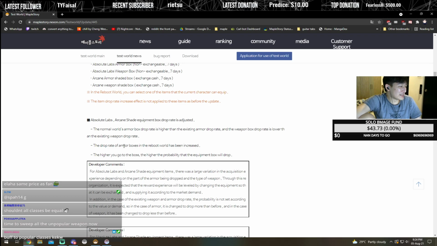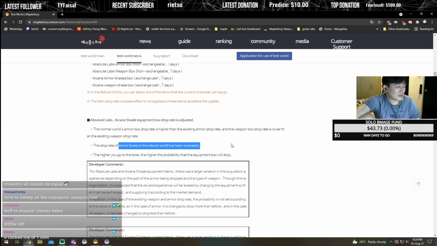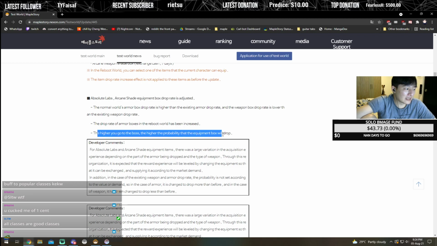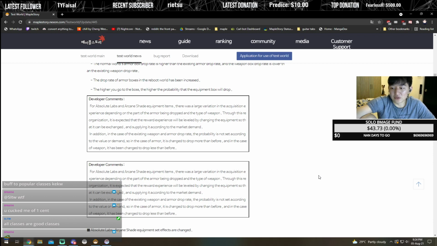so also what they're saying is that they will increase the armor box drop rate in Reboot World, which is great, I guess. And they'll increase the weapon drop rate for normal world. And I guess the more difficult the boss is, the higher the probability that the box will drop. Yeah. So basically